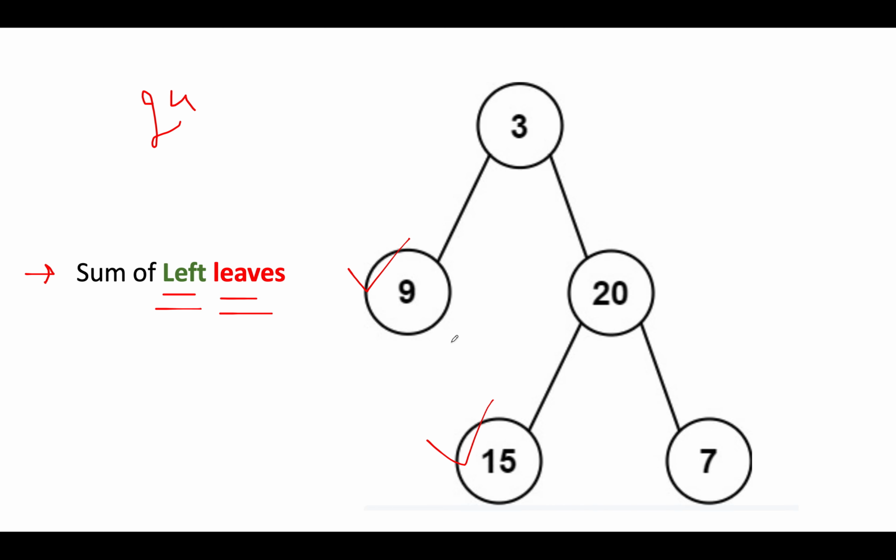So how do we solve this question? The question itself gives a hint that we can do a DFS traversal or a pre-order traversal. So you check what is the current state of the node. If the current state of the node is a leaf node and it was a left child, then we add it to our result. The other caveat is the left child identification. So how do we do that? We can pass a Boolean flag while traversing across its child nodes whether the upcoming node was a left child or the right child. Let's talk about it by the same example.